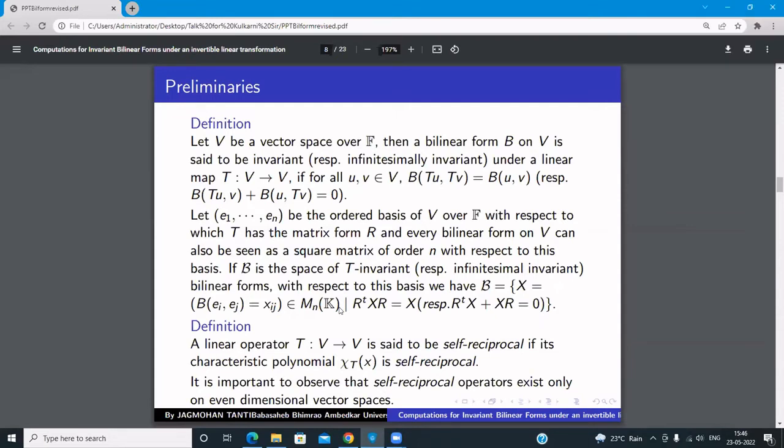Here we are talking about symmetric bilinear forms as well as skew-symmetric bilinear forms. In the corollary, we see that under the same hypothesis, that T is an invertible cyclic self-reciprocal transformation, the subspace of symmetric bilinear forms is of dimension